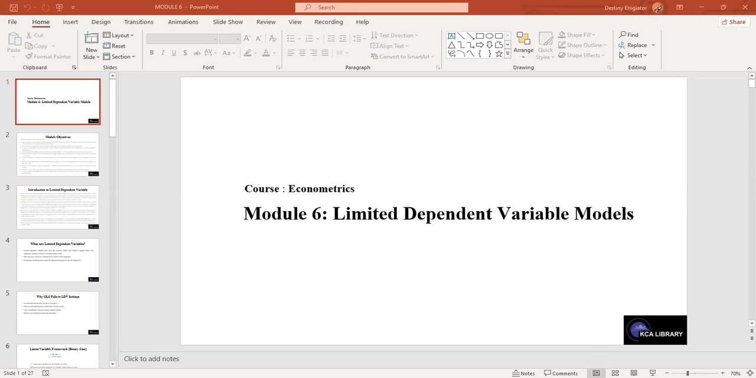Welcome back to this course, Econometrics. Today we'll be dealing with module 6, limited dependent variable models. By way of module objectives,